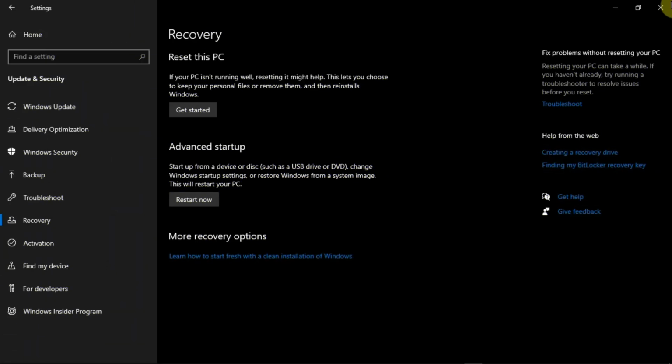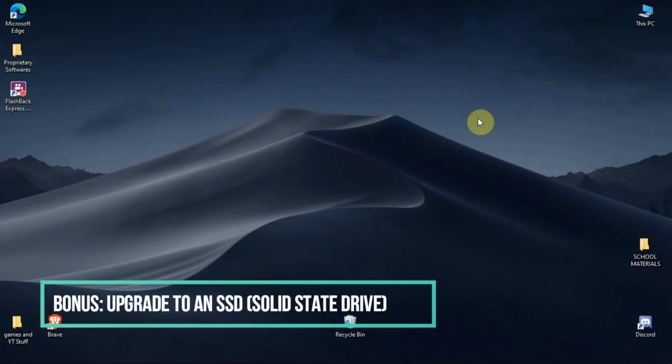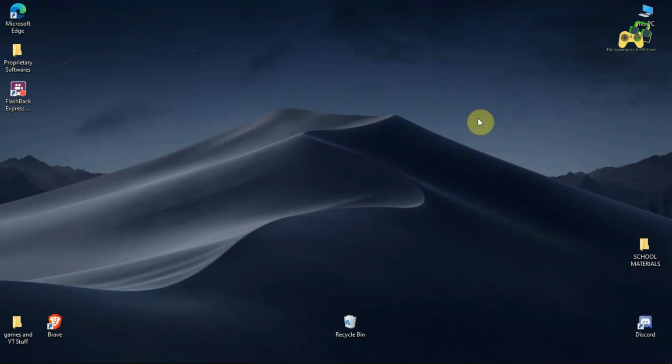And a bonus tip I would like to share: if you have a hard drive, then you can upgrade to a solid state drive or SSD. I totally recommend this move, because SSDs have a really high read write speed compared to hard drives. Nowadays, although SSDs are expensive, the purchase will be absolutely worth it. So if you have enough money, you can buy an SSD and install it in your PC or your laptop.